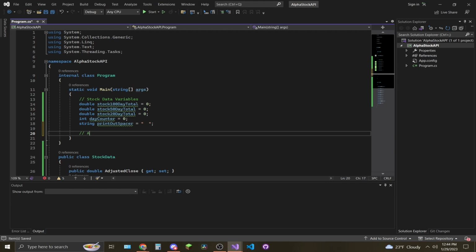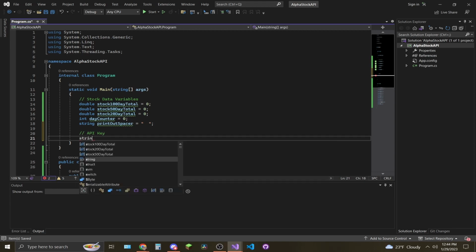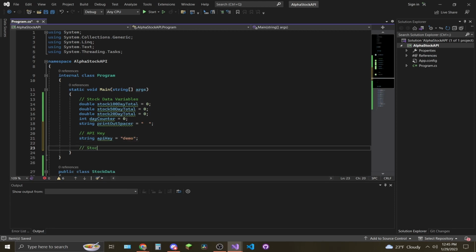This is where we're going to set our API key. For this video, we are going to be using the AlphaVantage demo API key. So just name yours demo. This will be the stock symbol variable. For the demo, they allow hits against I think only the IBM company stock. So for just an example,